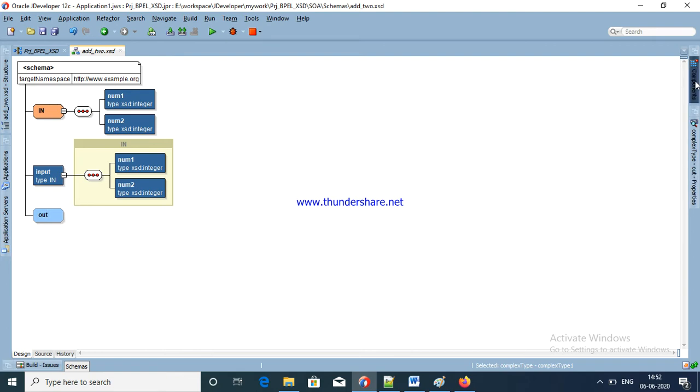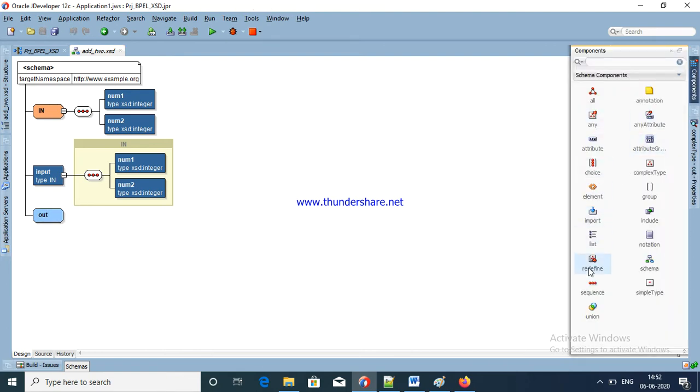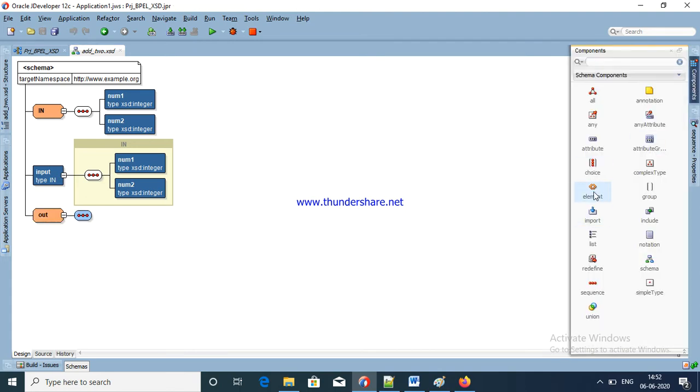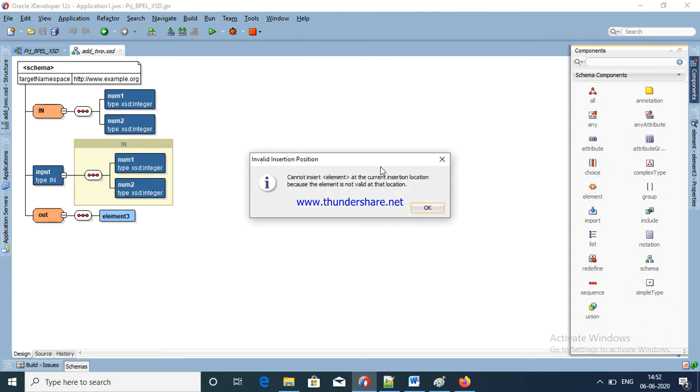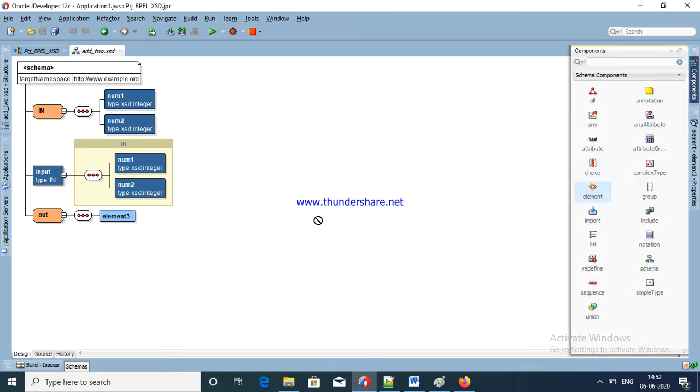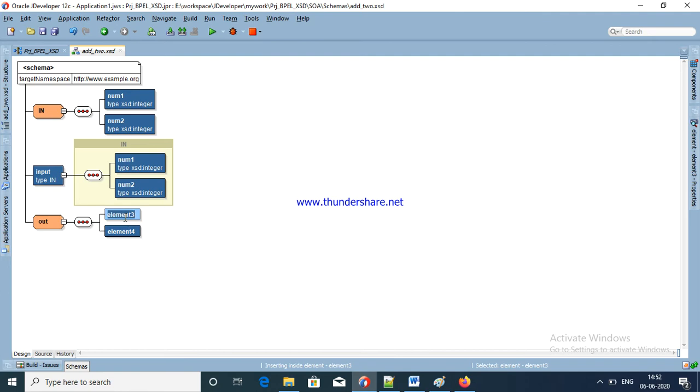Okay, now click sequence. Okay, again click element. Now again click element. See here, cannot insert. Okay, it will insert the sequence way. Okay, just drag and drop here. Give result.